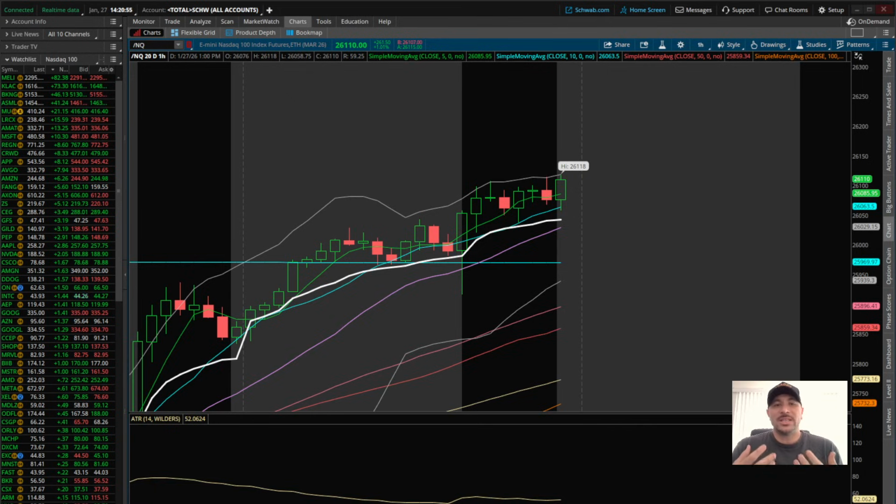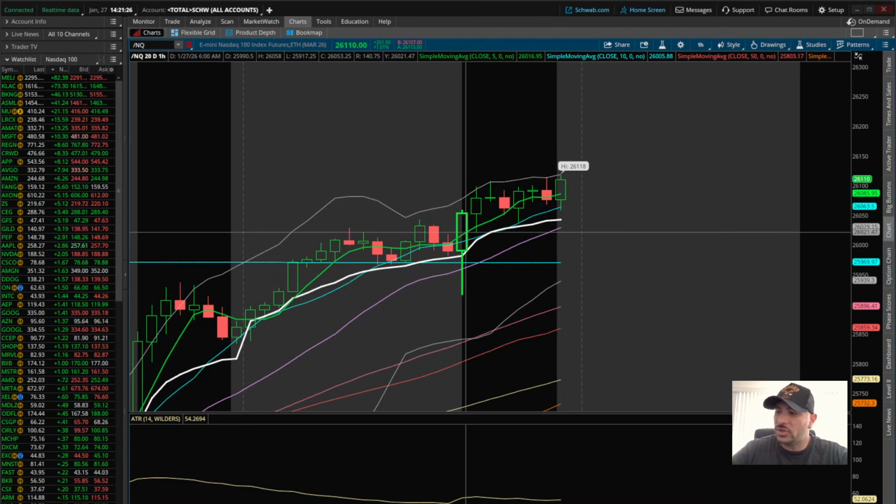Why I like using the 60-minute view is because simply it's going to give me intraday, right? For the current trading day, it's going to give me probably one of, if not the strongest levels to trade off of. Now, you're not going to get setups that are going to happen every 2 seconds, right? You might have to sit around for an hour or two to wait for that ideal entry. But look at what happened today off the open. So if I was to look at that initial,